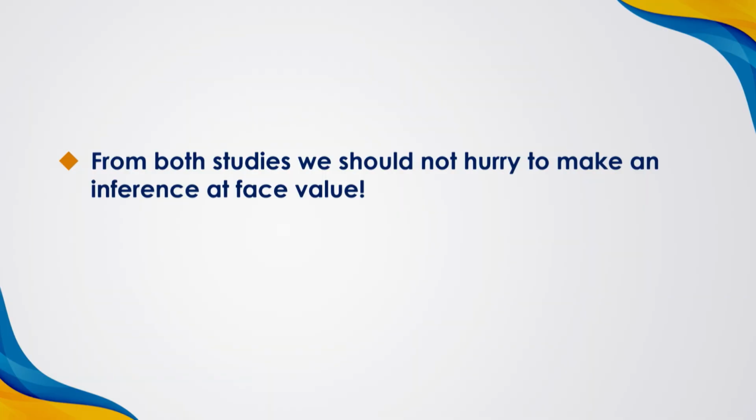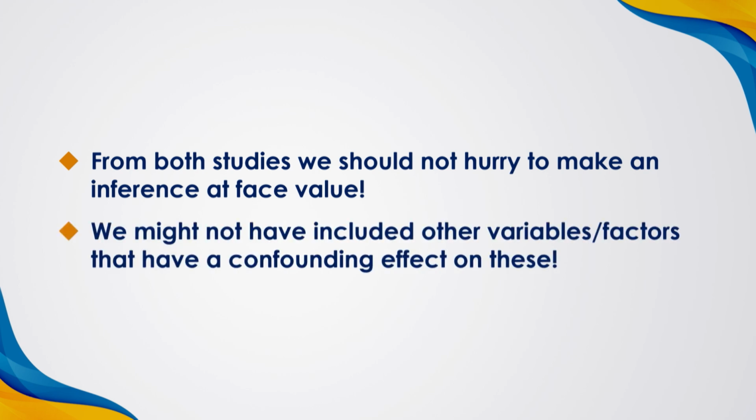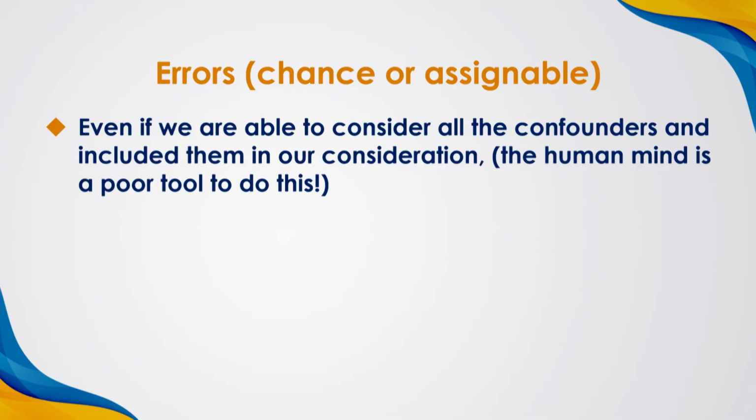From both studies, we should not hurry to make an inference at face value, because there could be other factors contributing to the cancer. So, we might not have included other variables that have a confounding effect. Confounding means a hidden variable that affects the outcome, but you are not considering it. So, there are errors. Even if you are able to consider all the confounders and include them in our consideration,